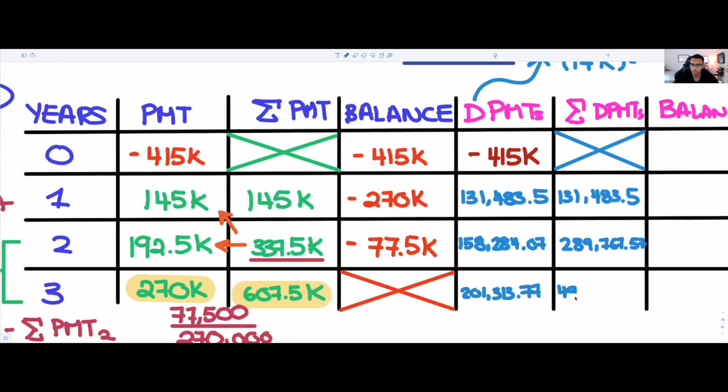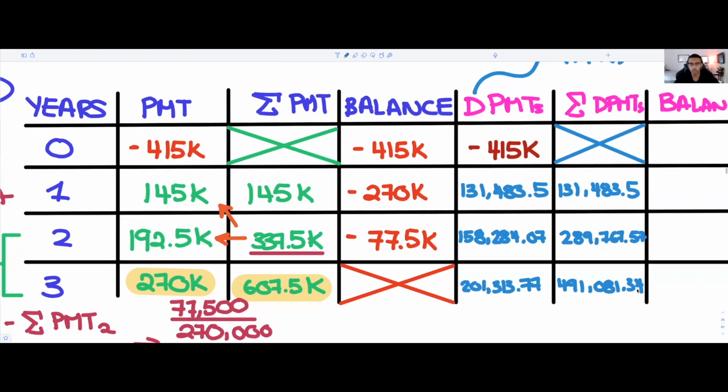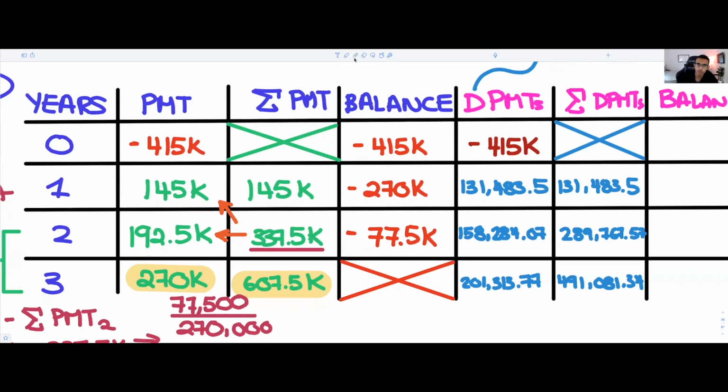We're going to have $491,081.34. So this is awesome news, because once again, you notice, I'll highlight it here in yellow, that this amount is greater than $415,000, which is our initial investment. So we know that, once again, I'm sorry, I got excited here. My apologies. We know that if I highlight this here, I'll put it like this,